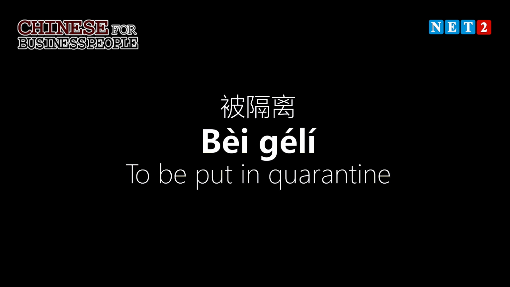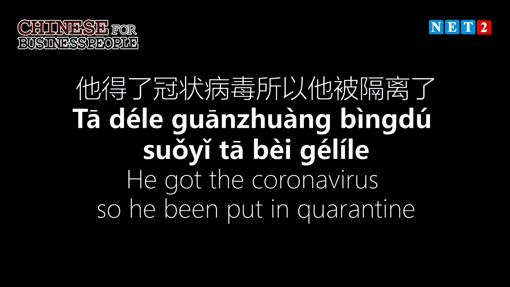The next sentence would use the phrase 被隔离, which means to be put in quarantine. What is 隔离? Quarantine. So 被隔离, to be put in quarantine. So in using this to form a sentence, our sentence will be he got the coronavirus, so he has been put in quarantine. 他得了冠状病毒，所以他被隔离了。